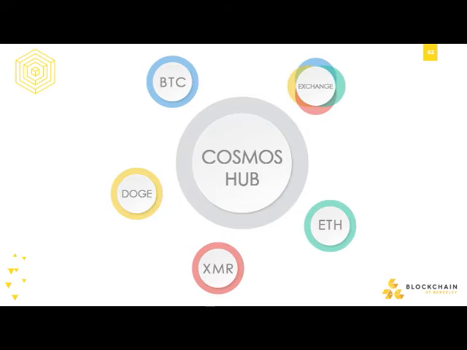So this is a diagram of Cosmos from their promotional stuff. The basic idea is that each of these would be a Tendermint-based blockchain. The main one is the Cosmos Hub, and it mediates all transactions through the other blockchains. You would have a Bitcoin blockchain, which is connected to Bitcoin, Ethereum, Monero, Doge, whatever. Then you would have the exchange one, which takes in tokens from all of these and allows people to do decentralized exchange. They're still working on that part of it.